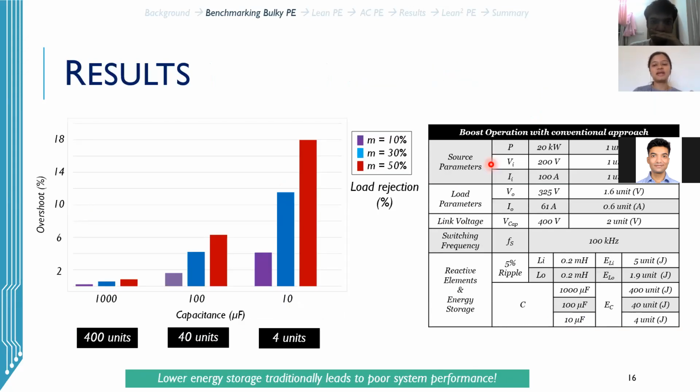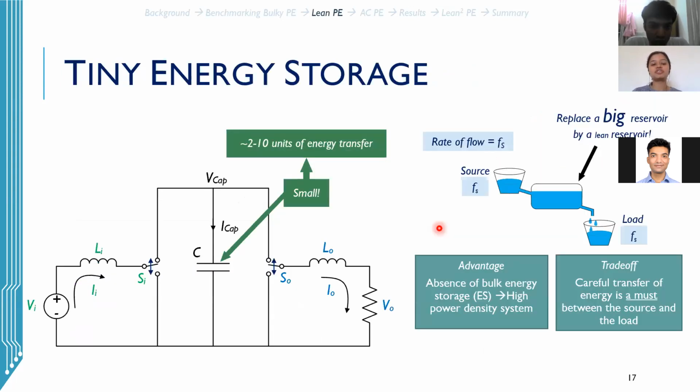So this was a design example done for a 20 kilowatt power converter, which was stepping up 200 volts DC to 325 volts AC. And to summarize, as we reduce the energy storage requirement at the DC bus, it degrades the system performance. So once we benchmarked the performance of the state-of-the-art approaches, we try to start afresh